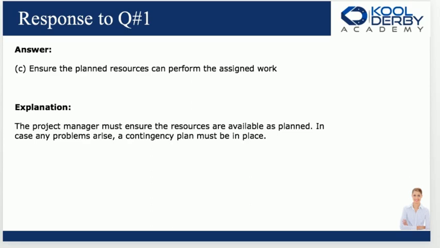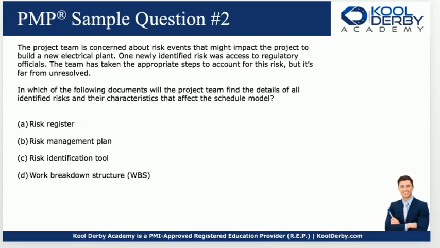So it's not like, well, let's just hope they do it. No. Then we can get into the crashing. We can get into other aspects of managing the project. But for now, let's make sure work gets done right on time and that the people, capital, equipment, technology is available for us. Okay? Now, number 2, the project team is concerned about risk events that might impact the project